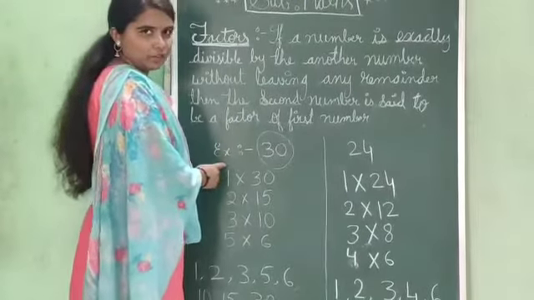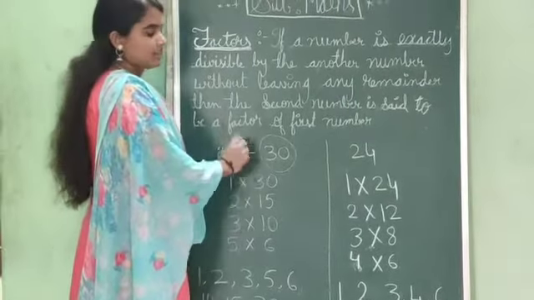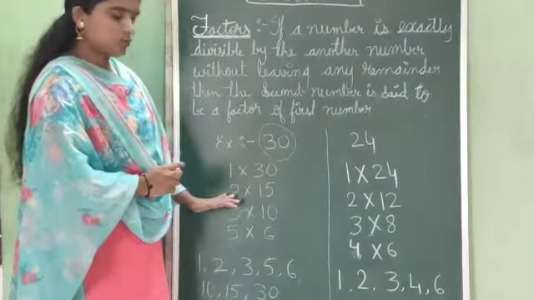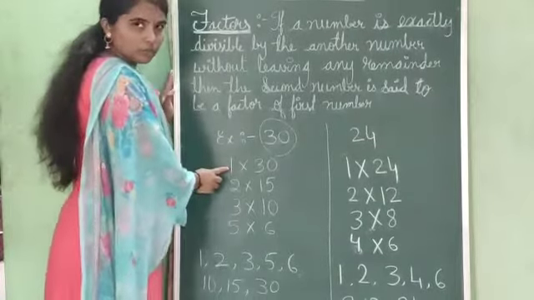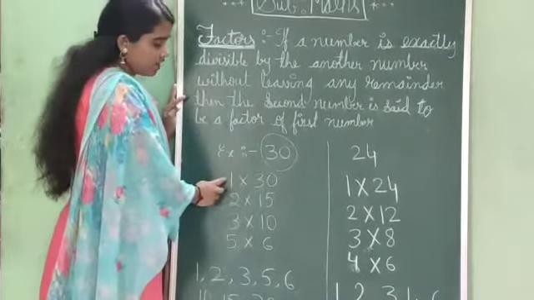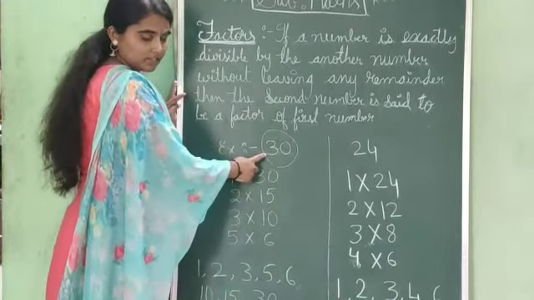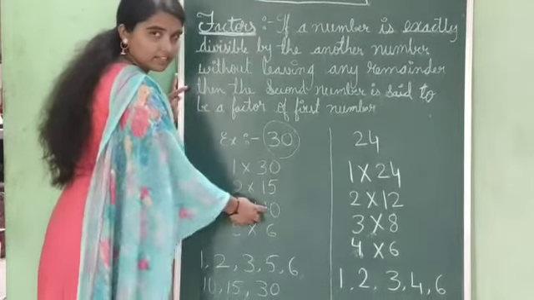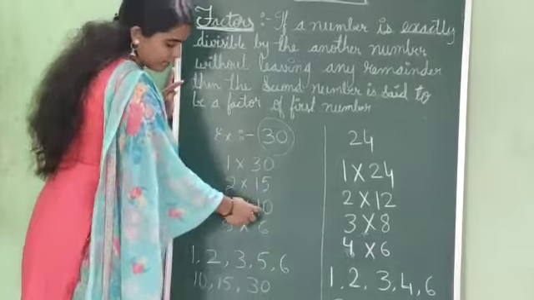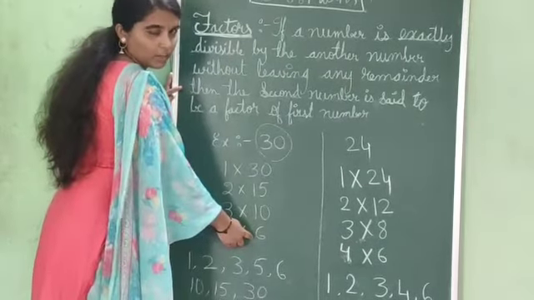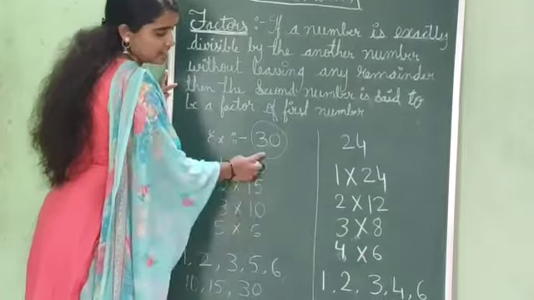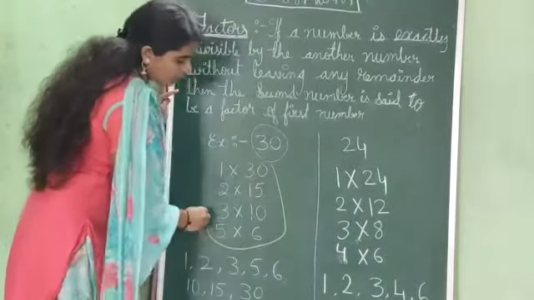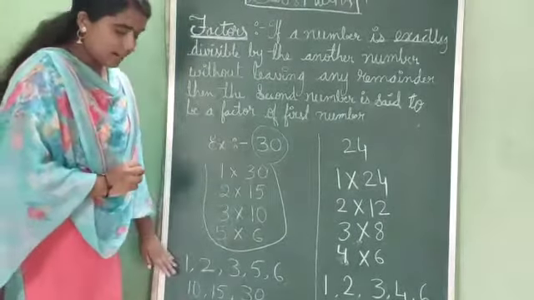So here I am going to tell you an example. How will we solve this? They will give: find the factors of 30. That time you should do the solution like this. First you should always go with the one table only. 1 30s are 30. 2 15s are 30. 3 10s are 30. 5 6s are 30. So in these tables you will get 30, right? All that you should write here one by one.